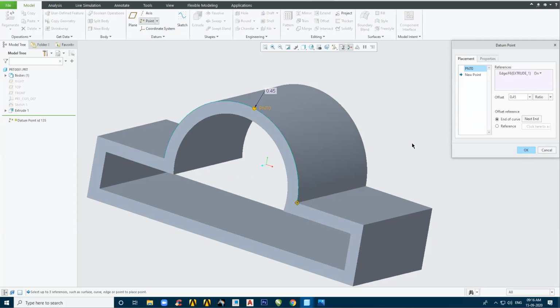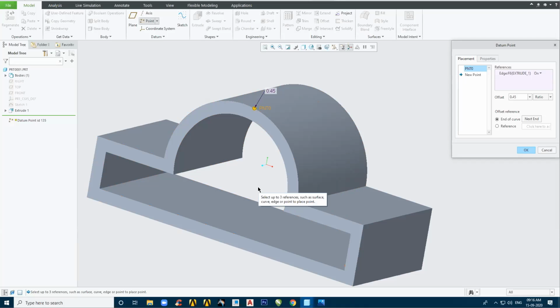On is nothing but the ratio. The curve has two end points. One is this point, the other is this point. This point is 0 while this point is 1.